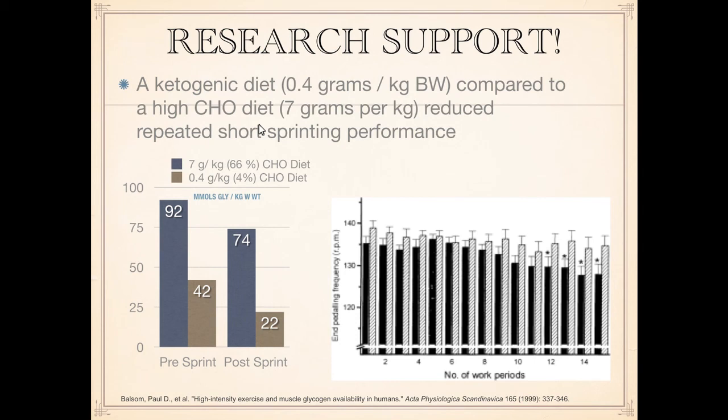So what we're seeing here is essentially a ketogenic diet. So what they did was they had a ketogenic diet compared to a high carb diet. And what you're looking at is essentially muscle glycogen levels. The blue is starting pre-sprint with 7 grams of carbs per kilogram, and the brown is 0.4 grams of carbs per kilogram. We see post-sprint,